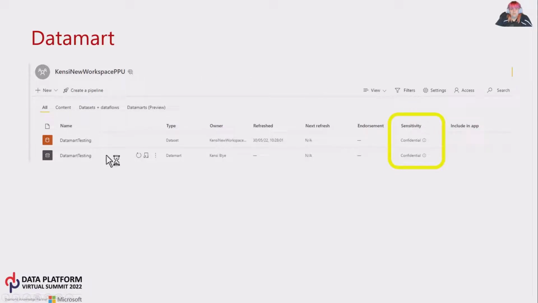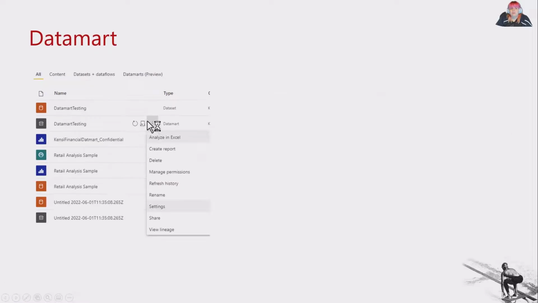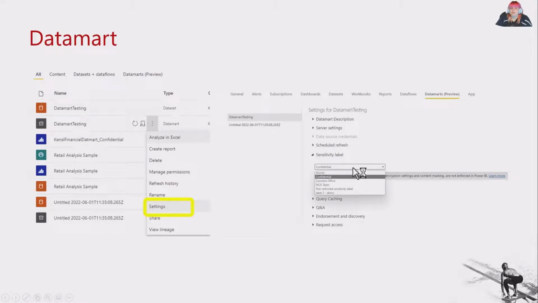So if you're wondering how you apply a sensitivity label to a data mart, once it's been created, you then go into the settings, and within settings, you will see sensitivity labels as one of the options, and the labels in the list will be those that the account you're viewing the data mart with has access to. So if you do swap accounts, make sure you're using the right account to access the content and apply the